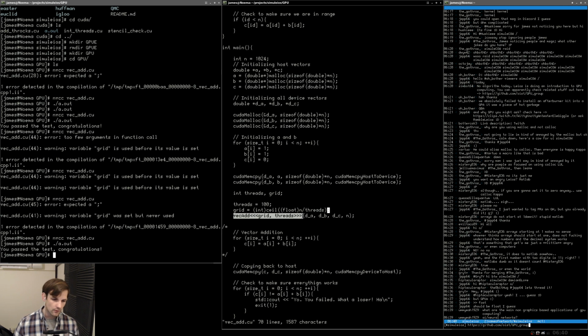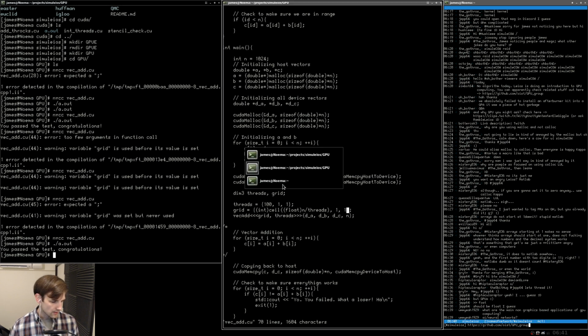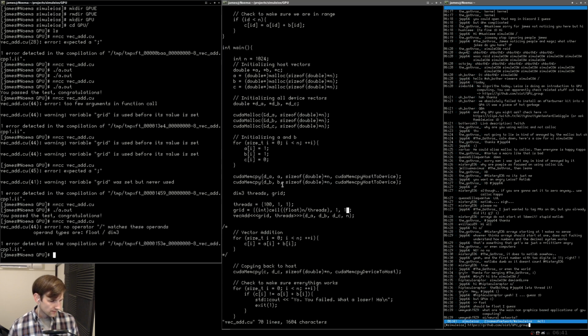And again, like I said before, these are technically dim3 values. So if we change these to dim3 values, then for threads, all we have to do is the following. 1, 1, something like this. And then we go down here and we do, and this should be the same thing. So if we pop over here and we just run nvcc vector add.cu,